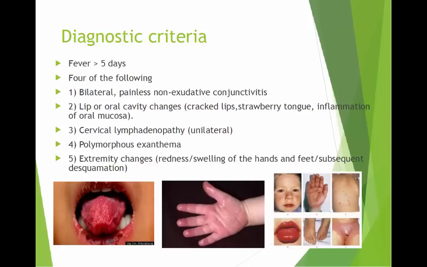Okay, 80% of patients again are diagnosed at less than 5 years of age. Cases in adolescents and adults can also occur year-round, but are most often present in spring and winter. The signs and symptoms: the illness tends to progress in stages, beginning with fever that lasts at least 5 days,